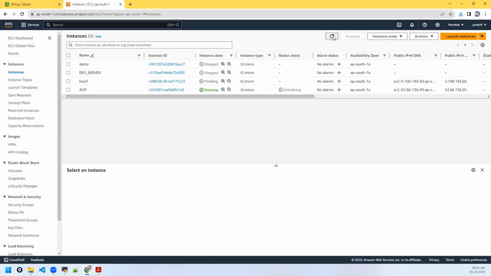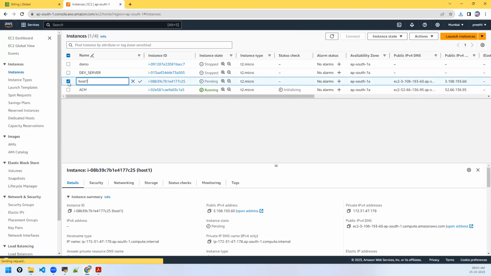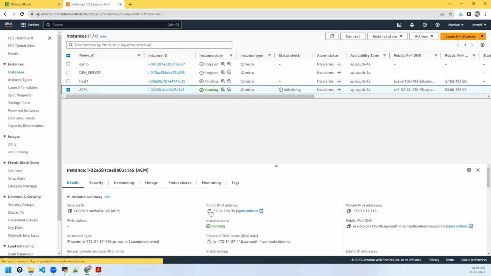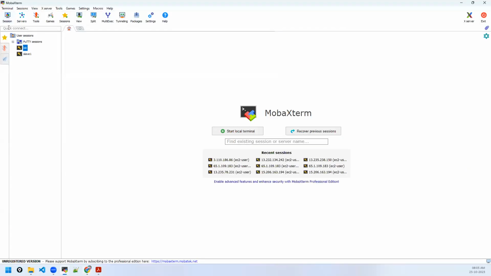Okay, controller machine and the target. Fine. Now it's agentless, which means you don't need to install anything here. We will not log into this machine at all. Of course, to test the configurations we may do so, otherwise you don't need to. So let's connect to the controller machine.